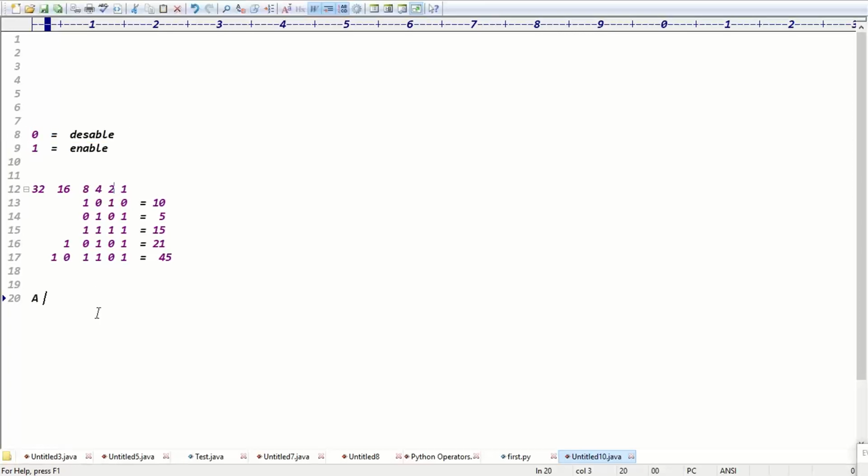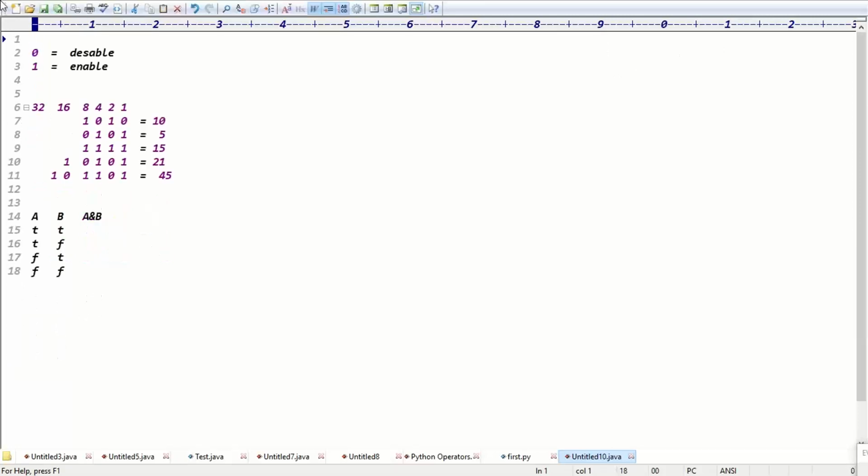Exactly. If you go for the AND operation, guys, the truth table. So truth table means what? Here you can write true, true, true; true, false, false; false, true, false; false, false, false, right? Exactly. Guys, tell me what is the A and B operation? What is the meaning of AND? AND means A into B. AND means multiply: 1 into 1, we get 1.